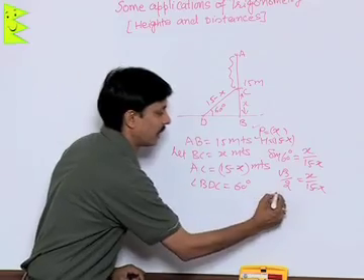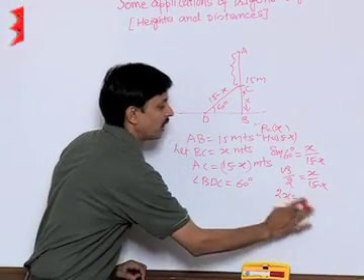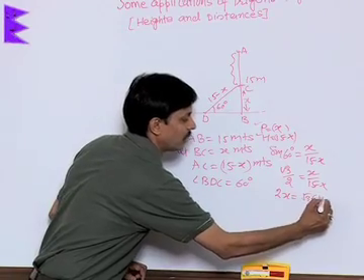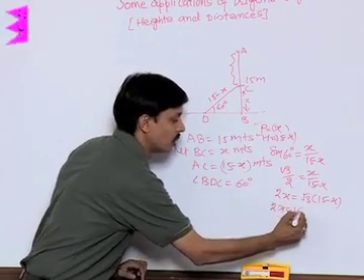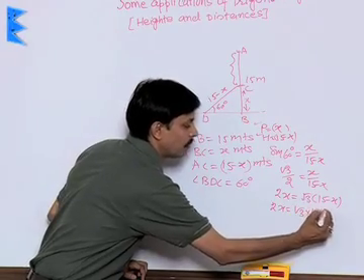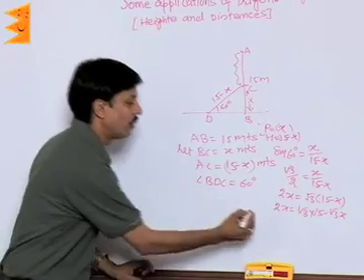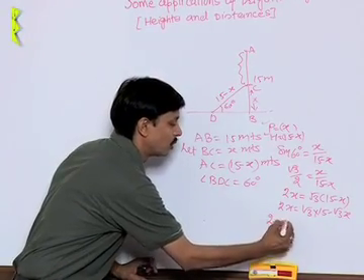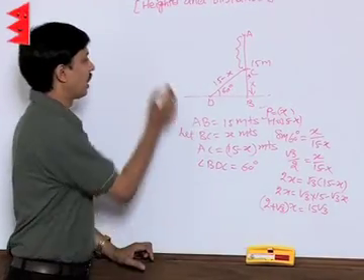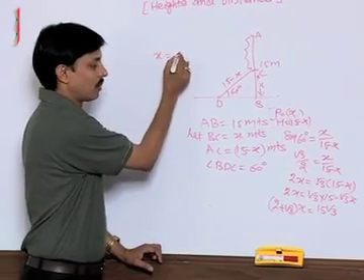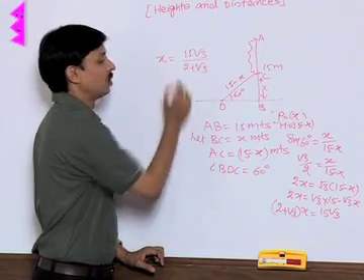If we cross multiply, 2x is equal to root 3 times 15 minus x. So 2x is equal to root 3 into 15 minus root 3 into x. If we shift this root 3 here, we will get 2 plus root 3 times x is equal to 15 root 3, so the answer of x will come out 15 root 3 upon 2 plus root 3.